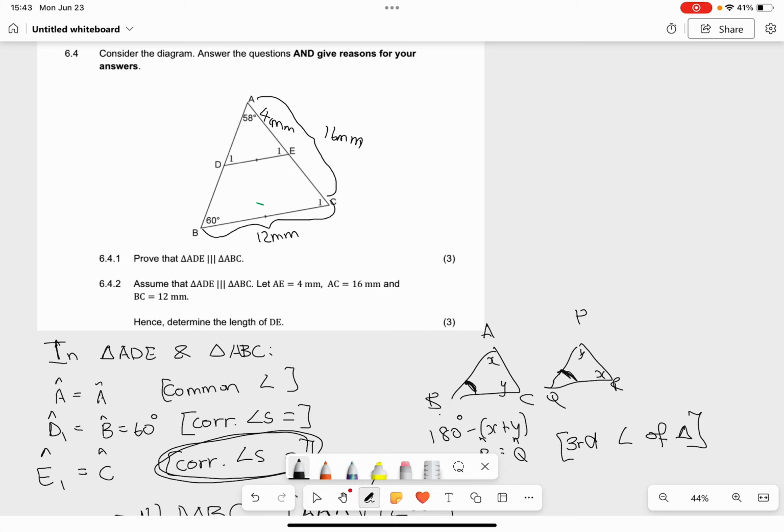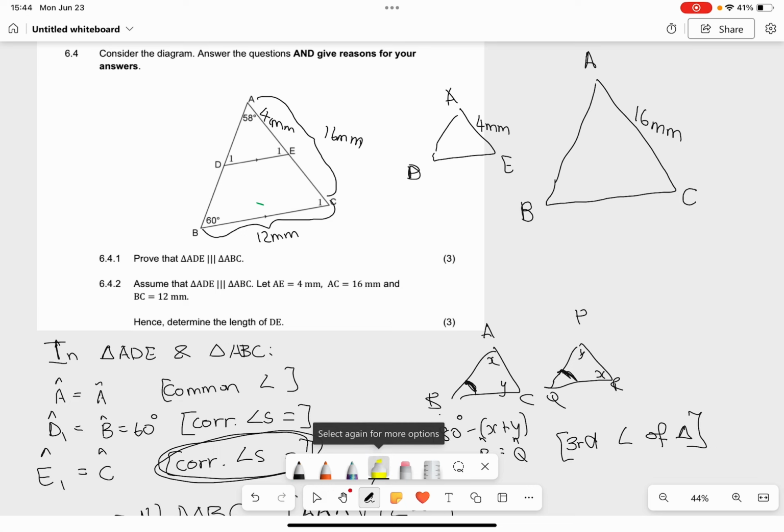Oh, and I regret erasing those two triangles that I drew. Okay, let's redraw them. So we had ADE, which was the small triangle, and then we had ABC, which was the bigger triangle. Okay, and we've now been told that AE is 4 millimeters. We're told that AC is 16. And we're told that BC is